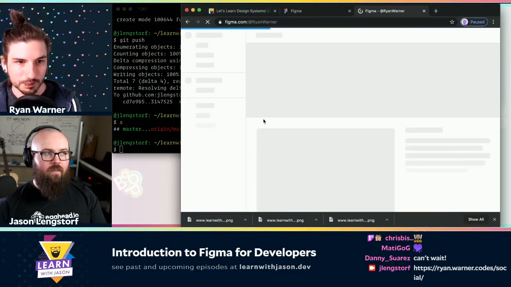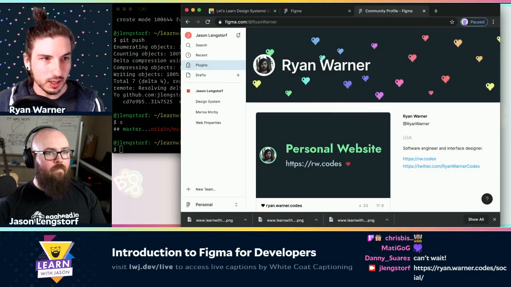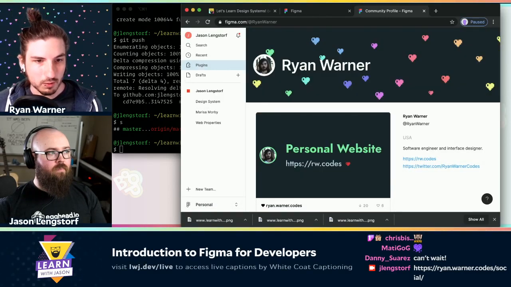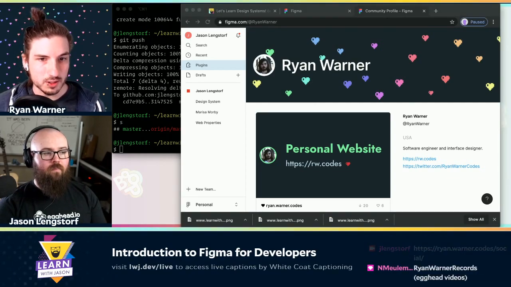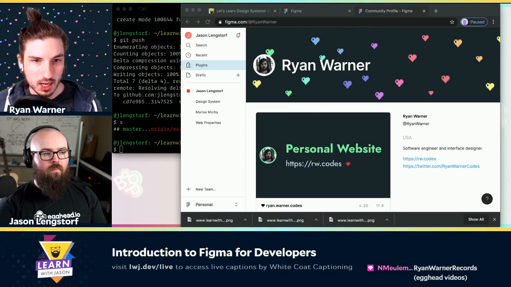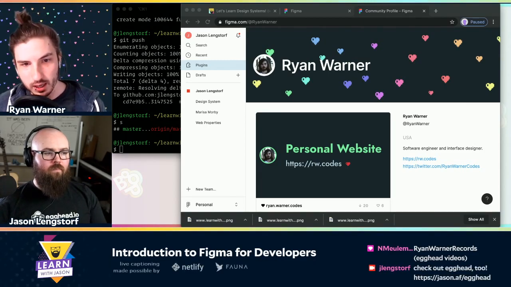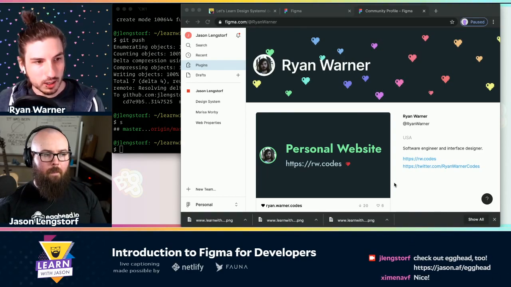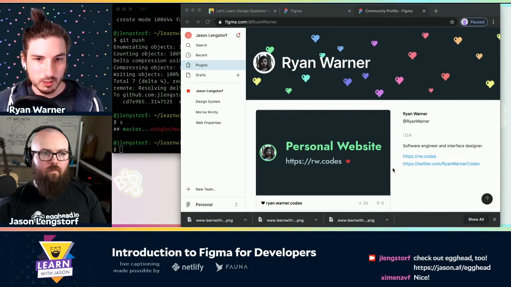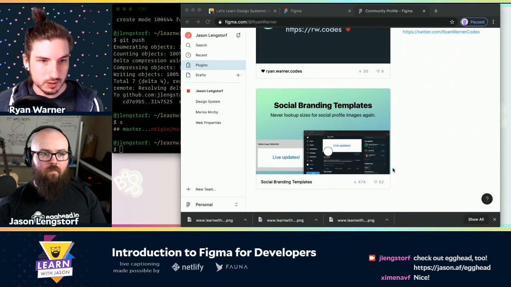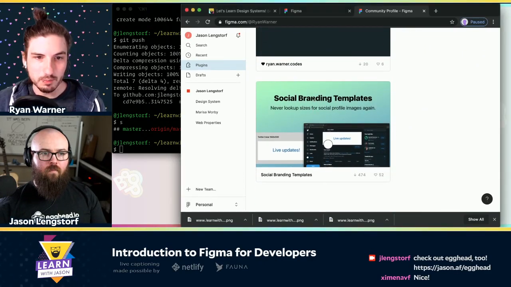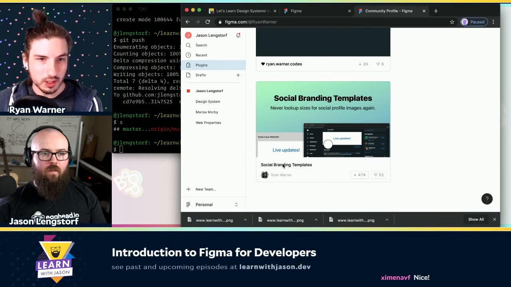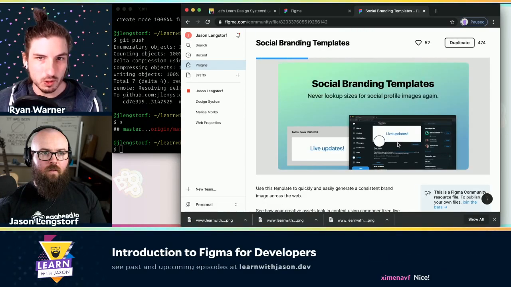Figma is working on a community platform where people can publish their Figma files, kind of like GitHub. So it's like open source designs, which is pretty revolutionary. We've got things like Dribbble and Behance, but those are closed source, you might say. You see the end product, the PNG, the flat file. But here, if you scroll down, we could post what we made today if we wanted. And you can click one of these and just duplicate it. And now you have a copy of the source file.